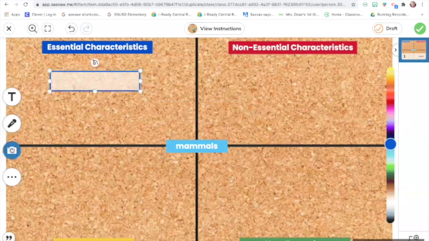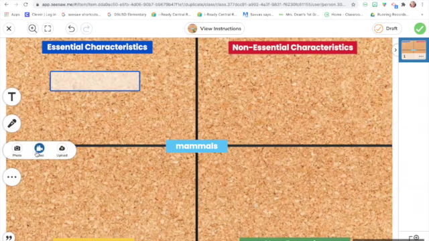You can add pictures, like if you have something from your camera roll. But what I want to show you is you can actually add a video. For our kids who aren't writing yet, it's pretty cool how they can add a video of themselves explaining something. So maybe they want to do a video of non-essential characteristics. They can click on this camera and click on video. The only reason mine came up yellow is because it's trying to use my,